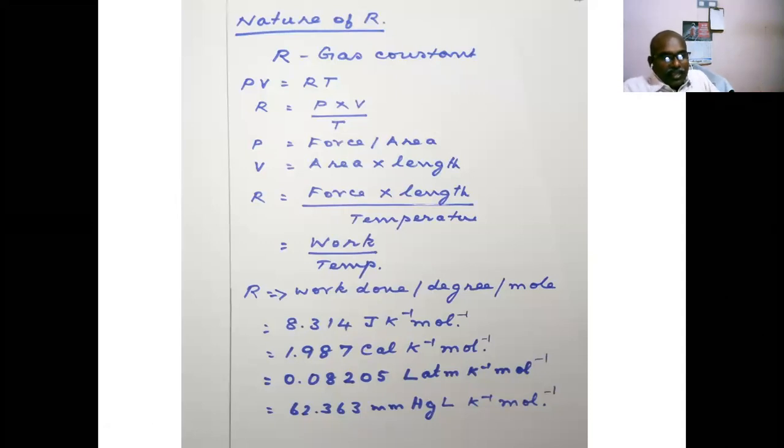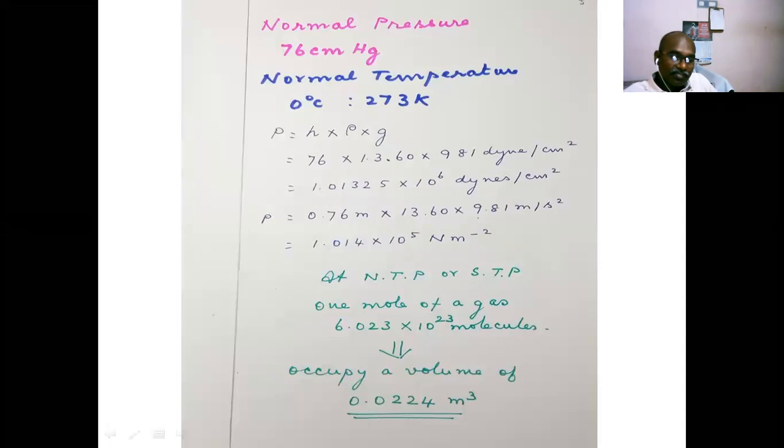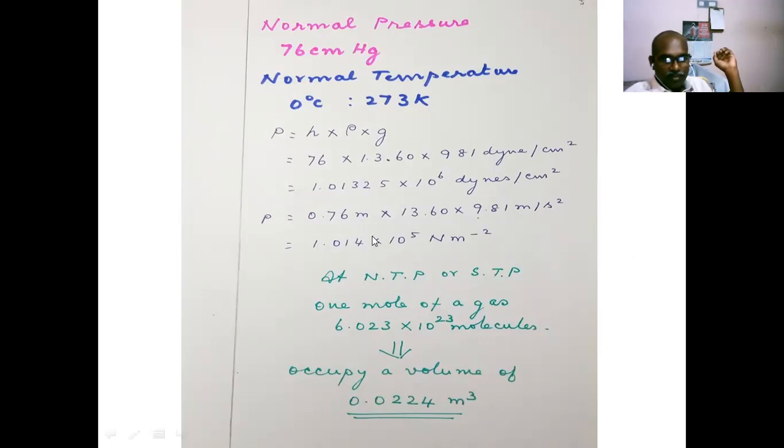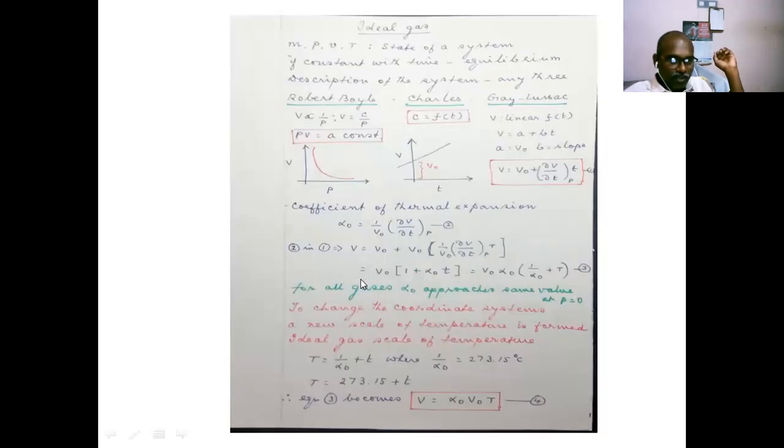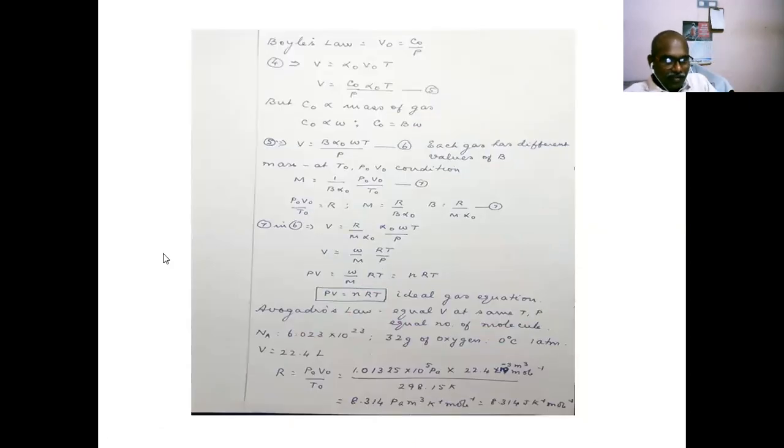When you are taking 1 mole of a substance in a container, a gas, you are trying to increase the temperature of the body by 1 degree. What is the quantity of the heat energy supplied? You are getting 8.314 joule per Kelvin per mole. So, the universal gas constant is discussed in different types. You look here, we calculated what is the molar volume of a gas. So now we have taken a different approach and we have arrived at the same constant 8.314 joule per Kelvin per mole. So this is how the ideal gas equation was derived